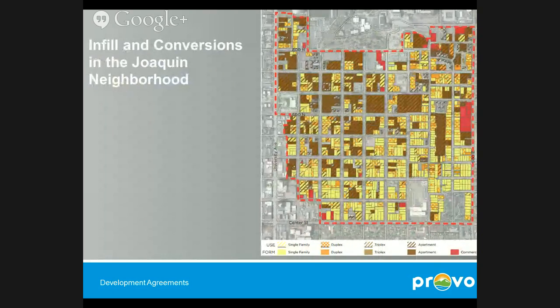This is actually, I stole this. Thank you, Gary and Bill, for letting me steal this from the Joaquin Master Plan. They did great work, I think, on this plan, especially with the data analysis. And if you look at this map, you can see the extent that this happened. Now, in some senses, that makes more sense than other neighborhoods because it is closer to campus. It is where the students were